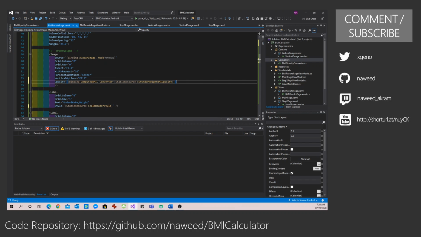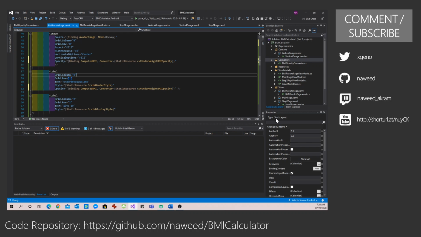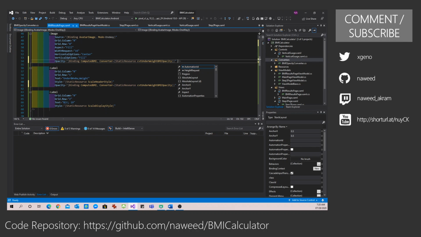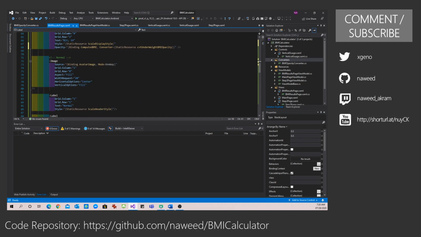So for my underweight, all I'm saying is opacity is set to computed BMI, but using the underweight converter. Similarly, for this label, I am using this same converter, and for my third label, same thing. I can do the same for my normal opacity.